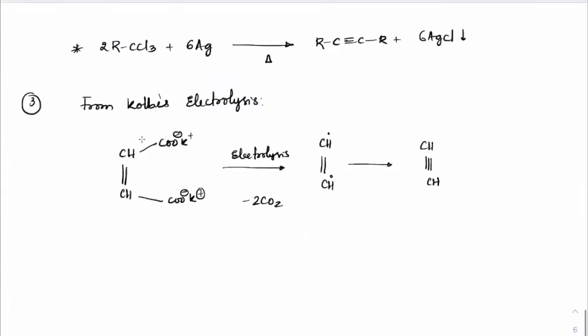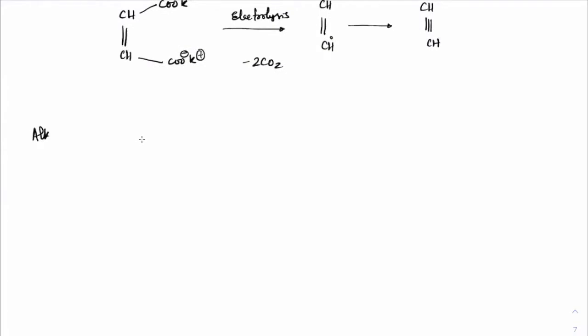Now, this is all the preparation part. Now, let us see the alkyne properties. I'll just give you an introduction for 10 minutes and then we'll stop the session. So, generally, when it comes to stability, first we'll write the bullet points which are important. CH triple bond CH, compared to CH3, C triple bond CH, as compared to CH3, C triple bond CH3. The stability will always increase as the alkyl groups increase because of hyperconjugation.